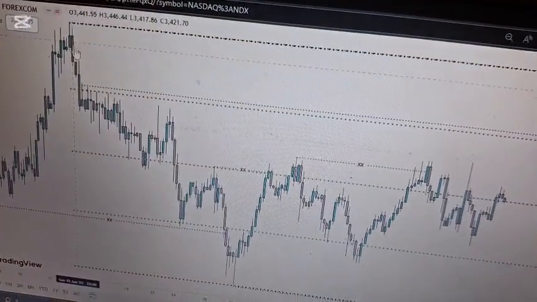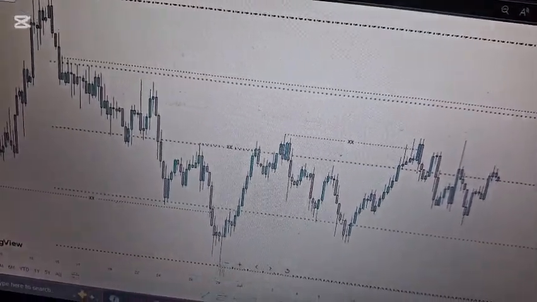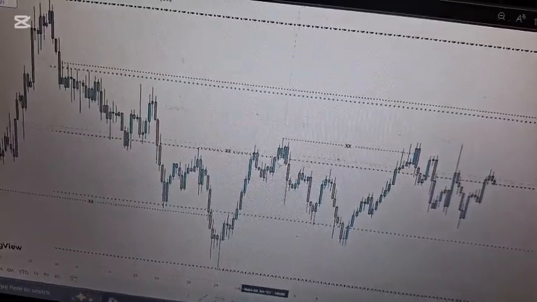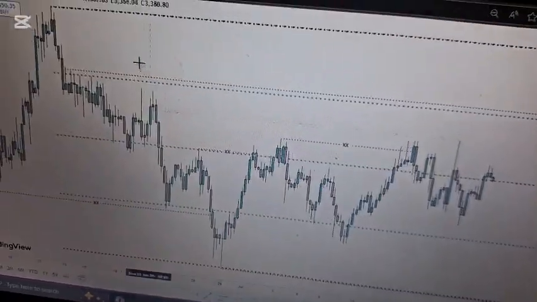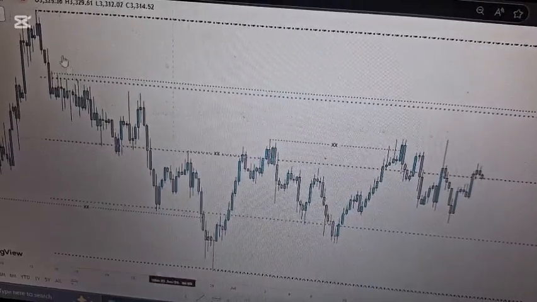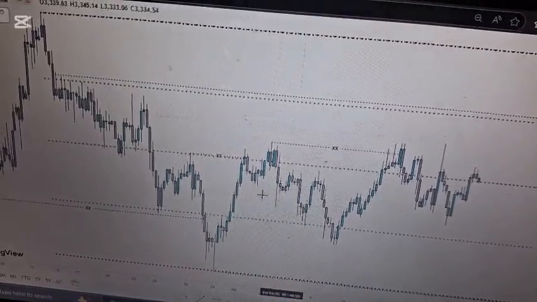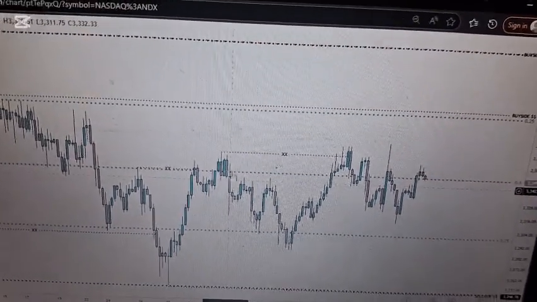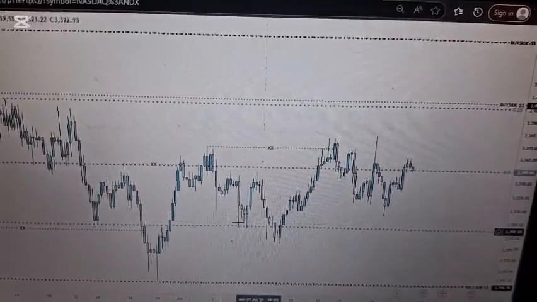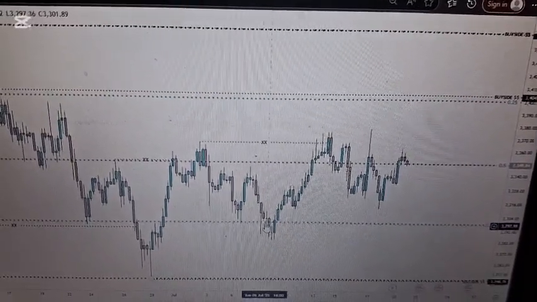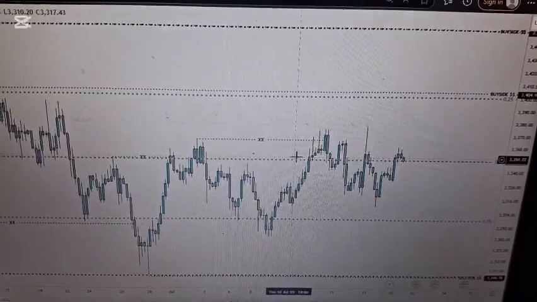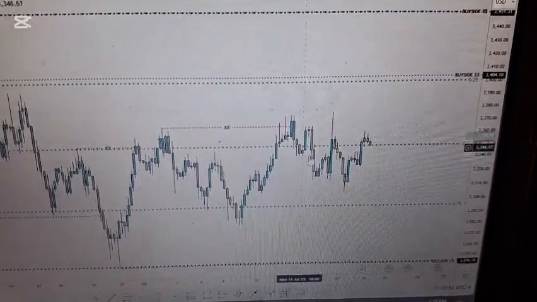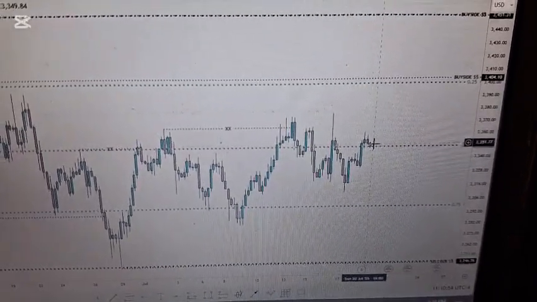So price started from here, went up, came back inside to touch the 50% level. Once the price came back to the 50% level, then is when we can mark out our Fibonacci, just to see the behavior of the market. So the market came, touched the 75% level, came back above the 50% level again. Right now it's coming back inside, went above.